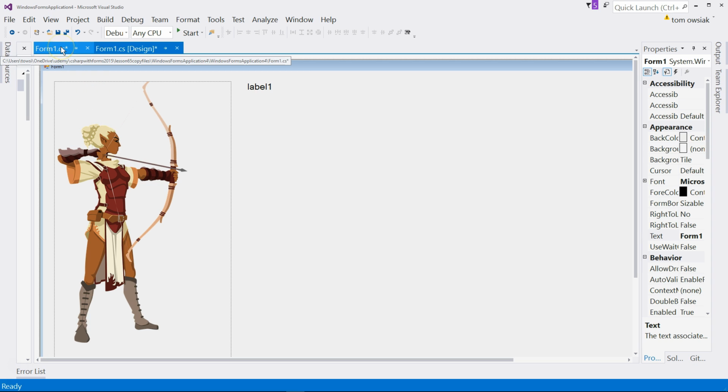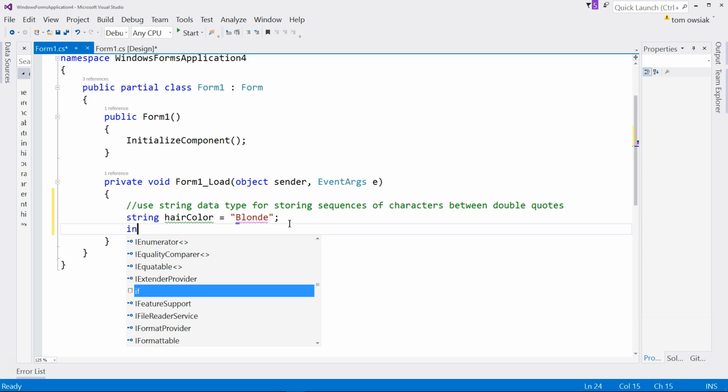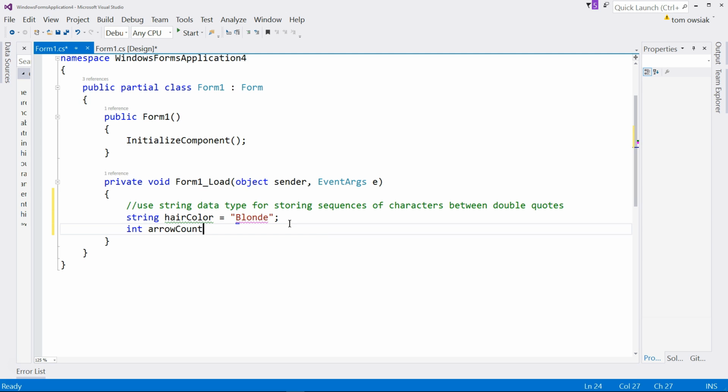So here, let's go back into Form1.cs. And I am going to type the following. I will say here int arrowCount and set that equal to, say, 1. Our archer object has 1 arrow, but maybe it's got 5 in the back or 10 put away somewhere, who knows. But the point is that int is short for integer, and basically use this to store